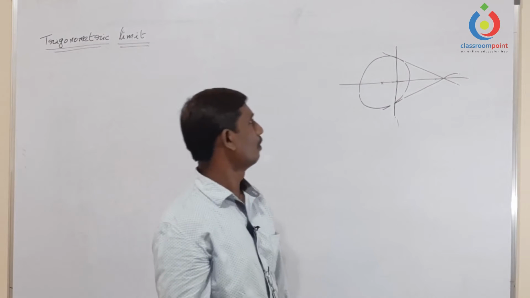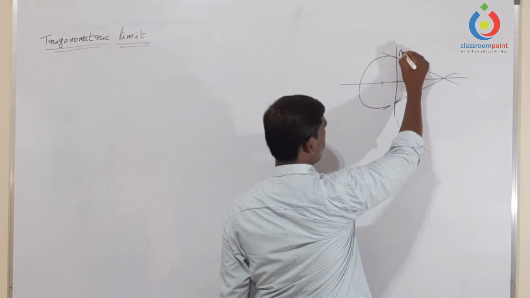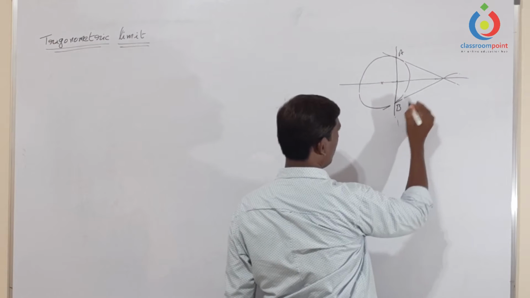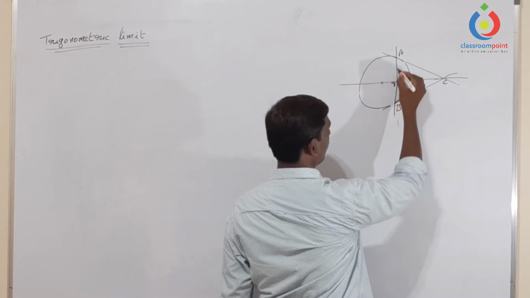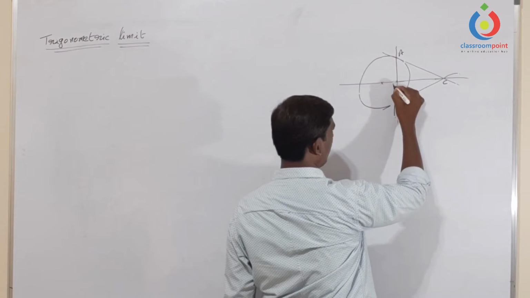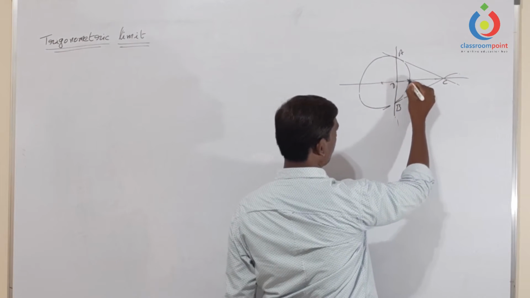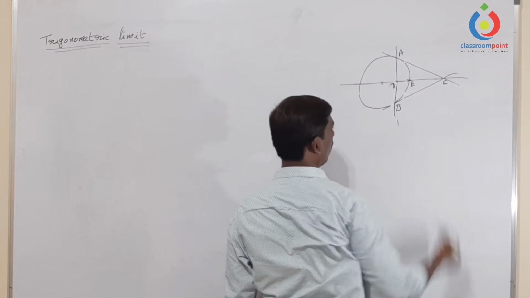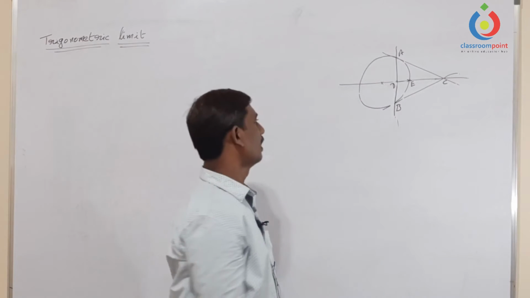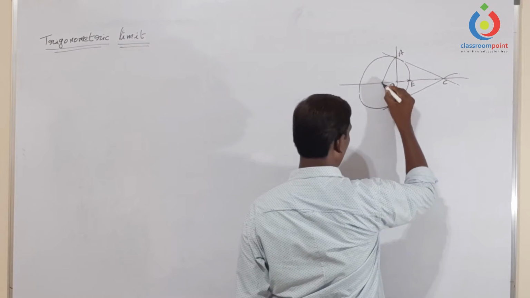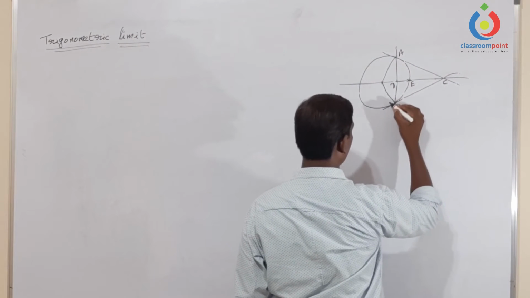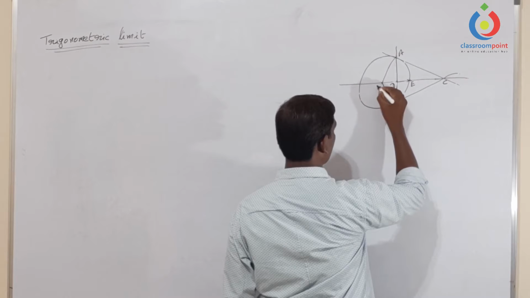Now, we'll take some names. This is A and this is B and this is C. This is the midpoint D. D is the midpoint of AB. And this is also one of the midpoints of arc AB. And this is the center. From the center, this is one of the lines we can take. Let us consider it O.